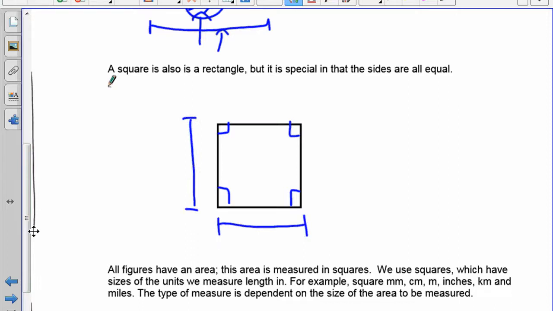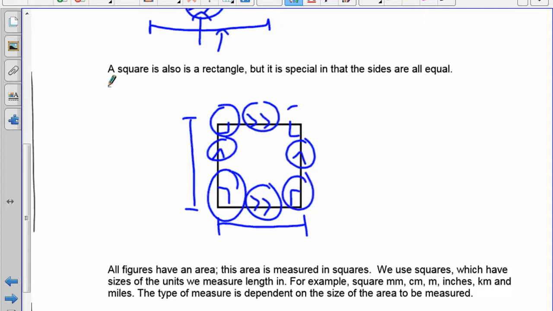That's why it's special. You'll also notice we still have our parallel sides, so this side and this side are parallel, that side and that side are parallel, and we have our four 90-degree angles. So we still fulfill the rules for a rectangle, but it's special because it has